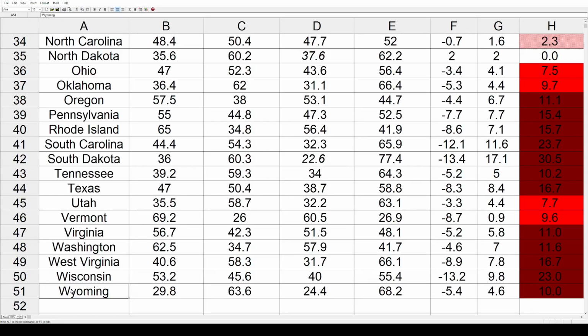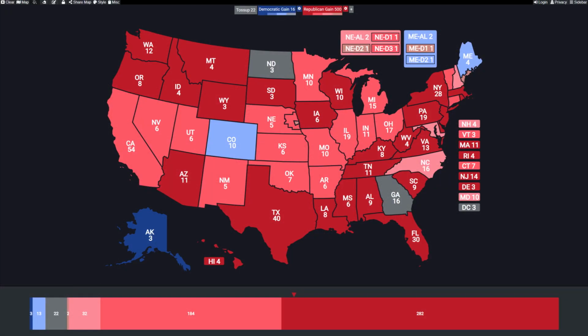this data and apply it to a map to help visualize the changes. Here it is. It's the same basic shading. The darkest colors are 10 or more point shifts. The very lightest colors, those are under 1 point shifts. Those will be the tilt margins. There's not a lot of them. And we have 4 levels of shading.